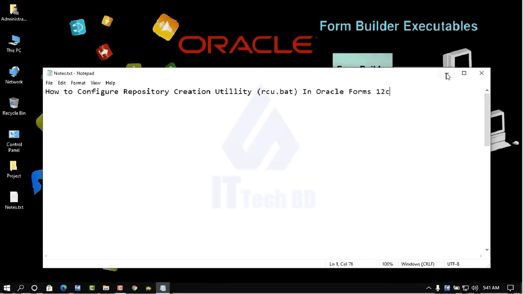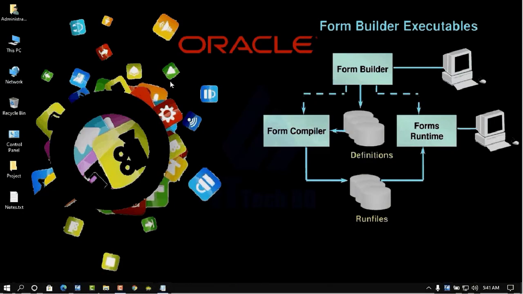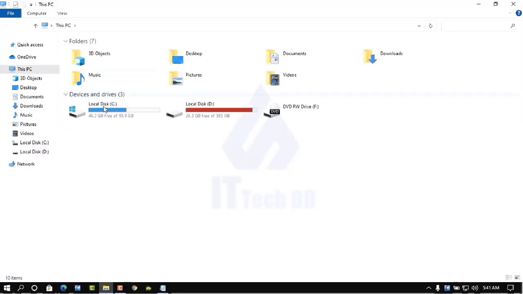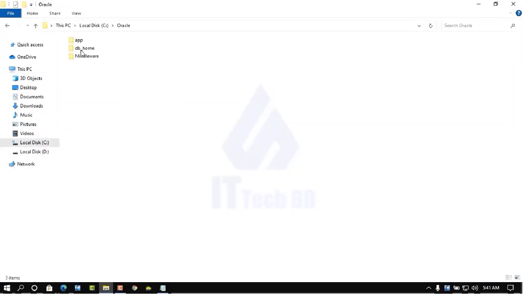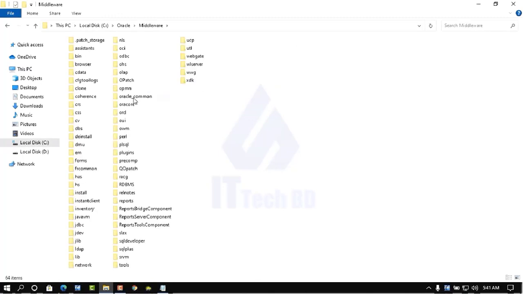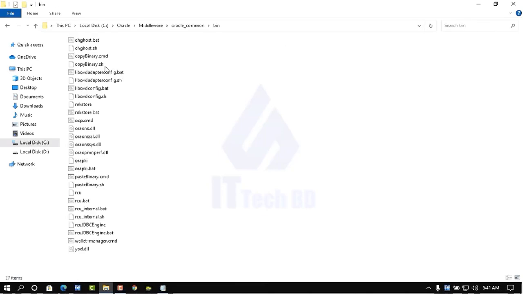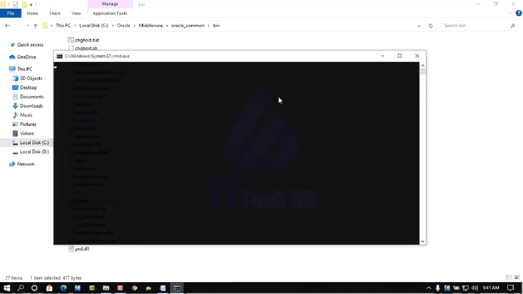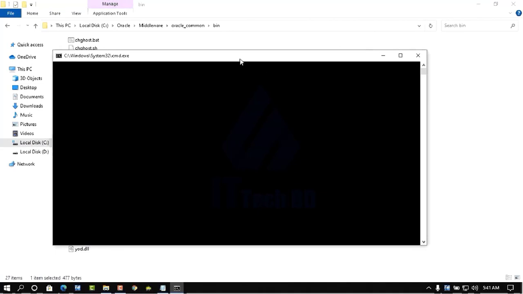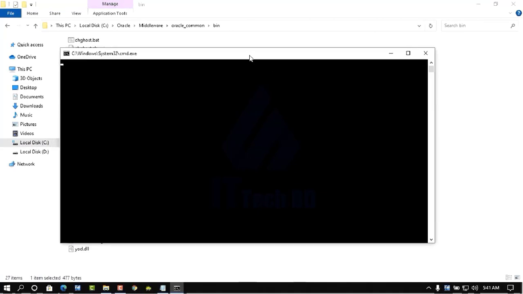So now I'm going to show you. I go to my installation directory, C drive, inside Oracle, inside the Middleware folder. Open this folder, then Oracle_Common, then click bin. Inside this you will find RCU.bat. This is the base file. RCU means Repository Creation Utility. Right-click on it, then run as administrator, then minimize this and wait some time,